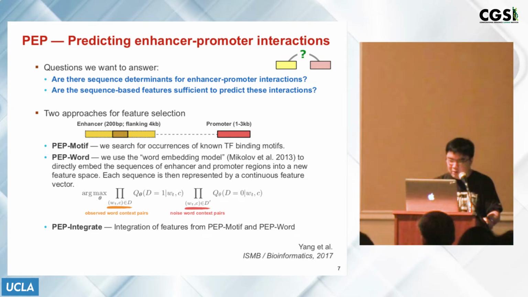You just calculate the motif occurrence, or we normalize the motif occurrence as features. And the second module is based on a technique in natural language processing called word embedding. In particular, we use the word2vec method that's been widely used. So the goal is that you embed each word. In our case, we have a k-mer, right? So k is 6 here, and you embed each k-mer into a new n-dimensional feature space, and n can